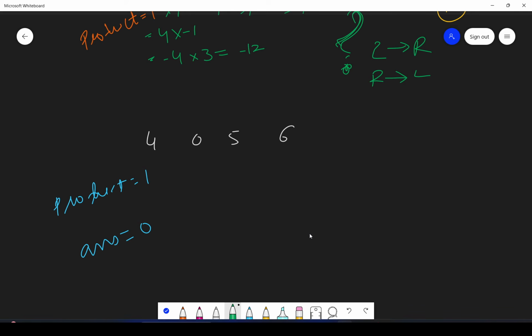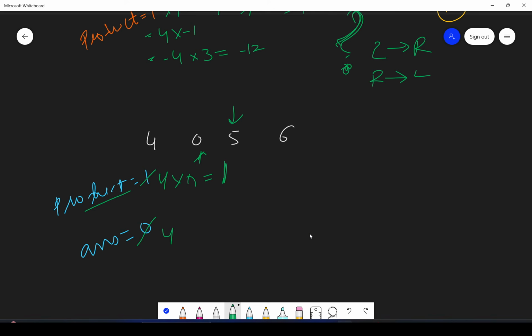So you get 4, right? You have 4 here and you updated 4. Then it comes 0. So 4 into 0 will become 0. Now once your product becomes 0, right, you have to update it. Why? Because see, if you multiply again anything with this, you will get 0 only. That doesn't make any sense.